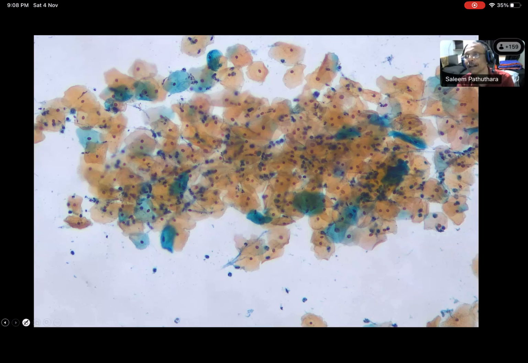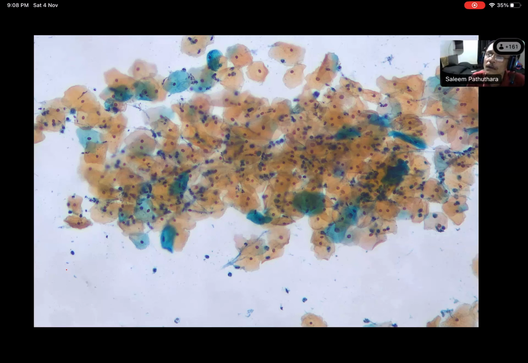Can you describe the type of cells first? Sir, these orange cells are superficial squamous cells. Mostly superficial squamous cells are present. What does it indicate? A lot of superficial cells. Sir, this is a reproductive age group female. But what is the status, whether it's pre-ovulatory or post-ovulatory? What do you think this smear is? Sir, this is pre-ovulatory, because there is a lot of estrogen. That's why there is a lot of maturation, and that's why you're getting a lot of mature superficial type squamous epithelial cells.